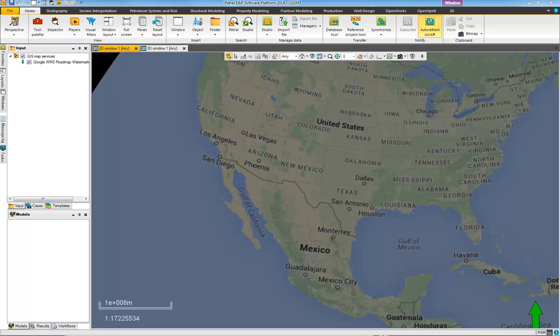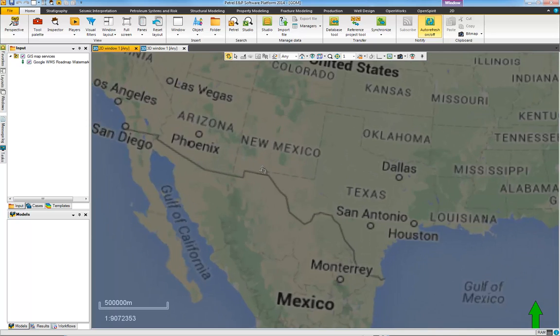This very brief demo is going to show how you can use the OpenSpirit Scan for Studio inside of Petrel to find all the data that might exist in external projects, and then be able to use OpenSpirit to readily import that into Petrel. So what we're showing here is Petrel 2014 running, and it looks like I've got a